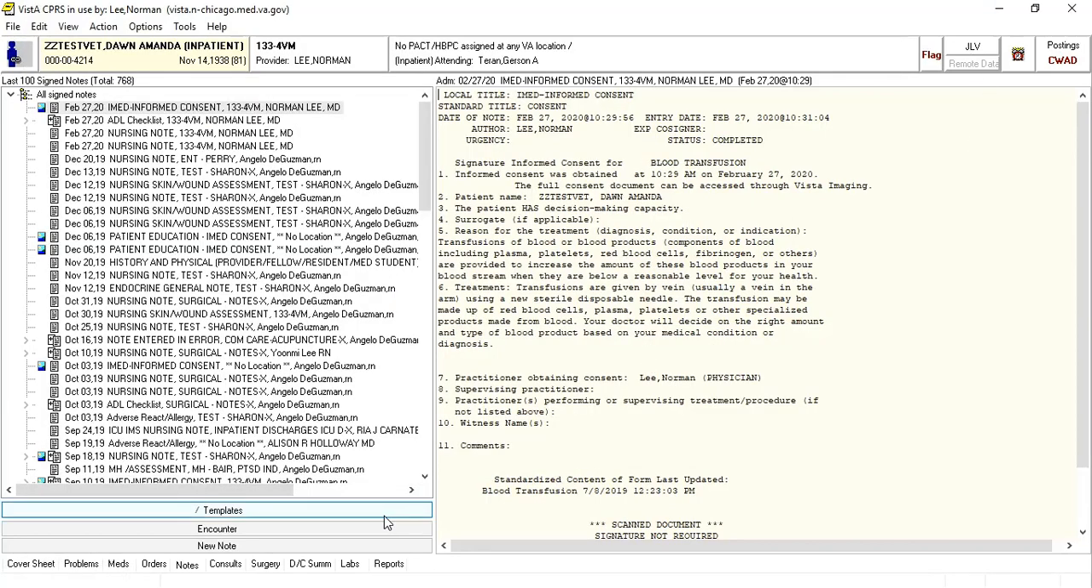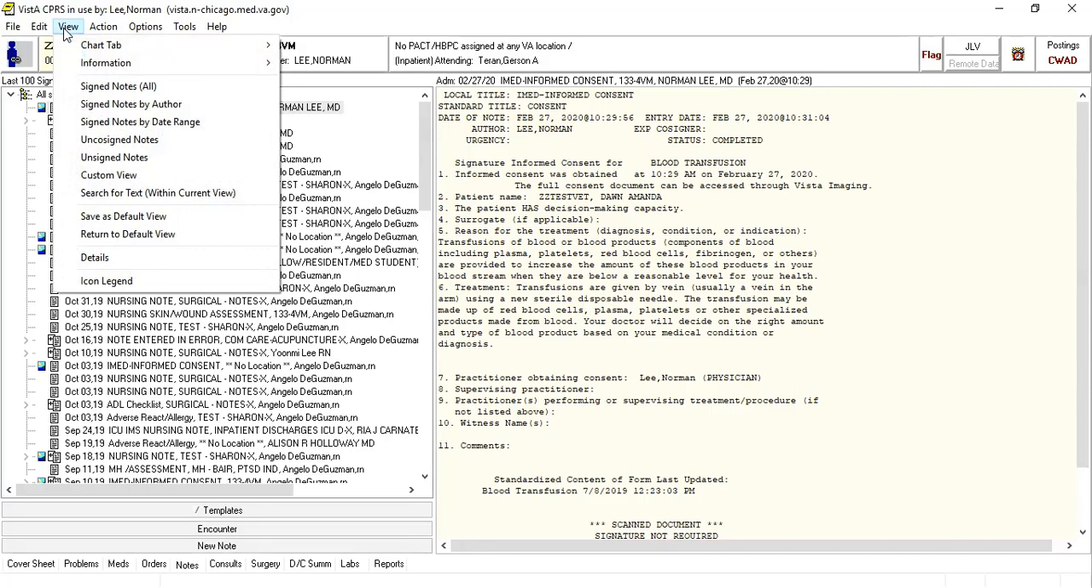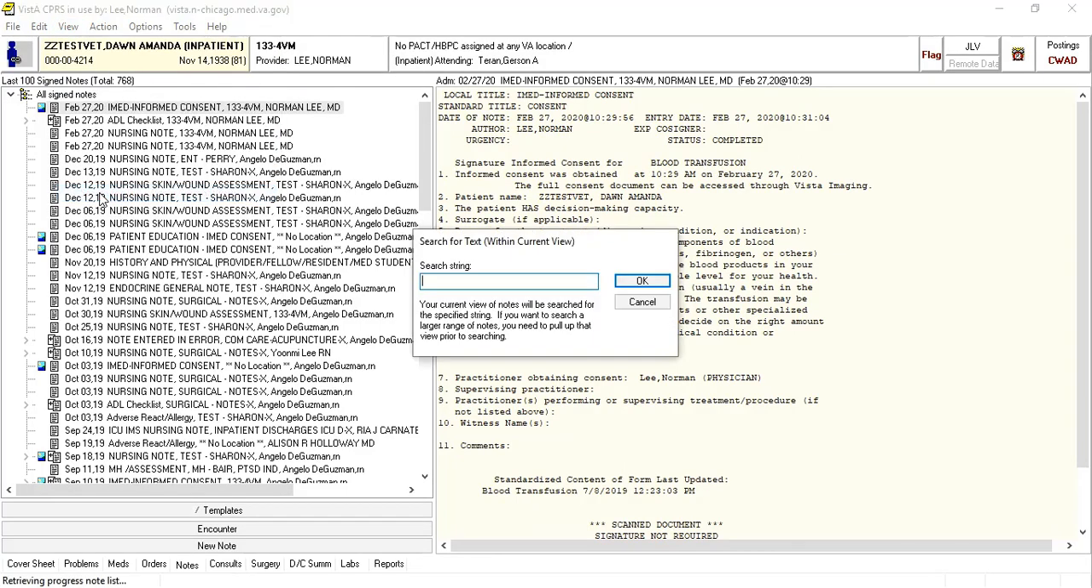Something else that I think might be helpful for you is if you go to view, and I know when Angelo and Rhonda were talking, they had talked about looking at notes either by author or date range. This is another one that people find helpful, is the search for text. So if you click on that,